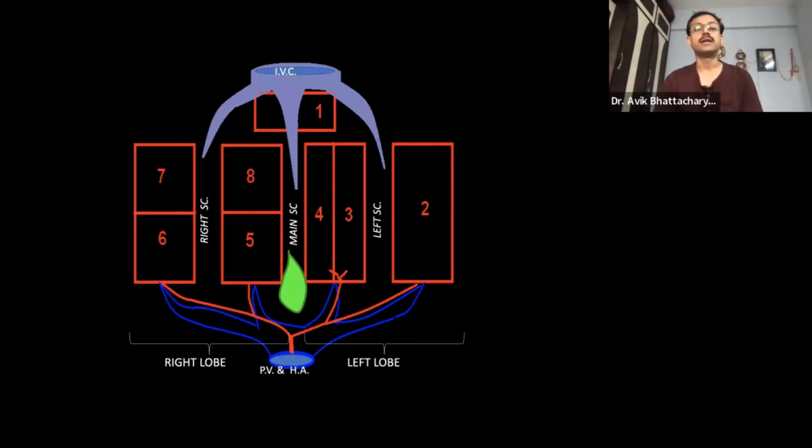Similarly, at the level of portal confluence, where the main portal vein bifurcates into the right and left branches, we take an arbitrary plane at that level. We assume the segments superior to that level are the superior segments, and those inferior to that level are the inferior segments. So in this picture, you can appreciate